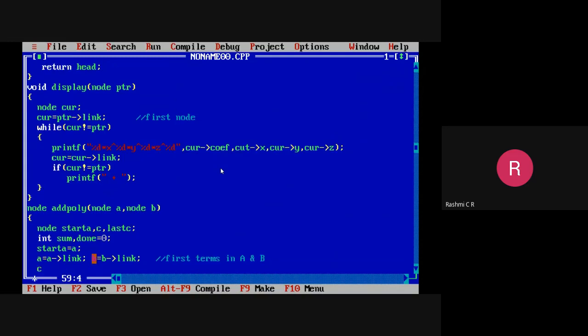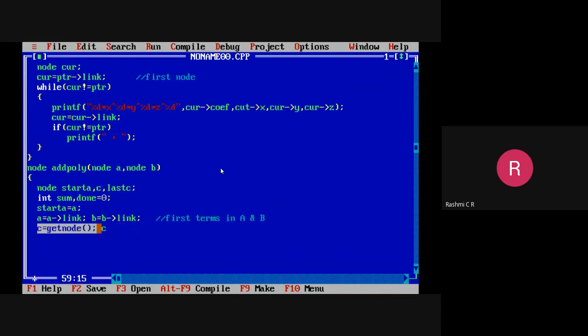Then finally I have to create C. C is initially created and it is the resultant polynomial. Initially I'll just create an empty node, by calling the getnode function and assign a header node for it. C should also have a header node. The resultant polynomial should have the header node along with other nodes. So C is equal to getnode will create a temporary node C and allocate the memory for it.